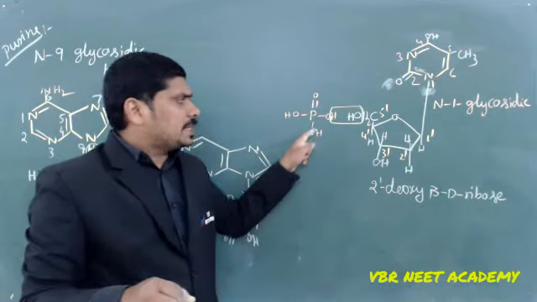Now how is this bond going to be formed here? 3', 5' phospho. Here one ester bond, here one ester bond. Why? Because phosphoric acid with your alcohol forms one ester bond, and here also one ester bond. That's why it is called 3', 5'